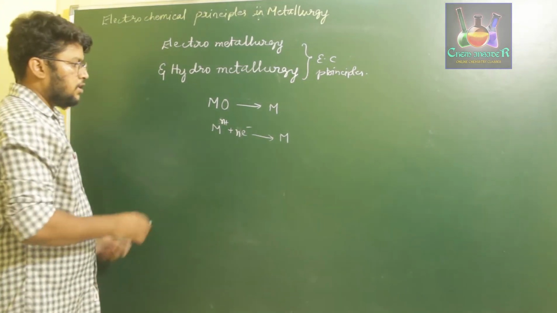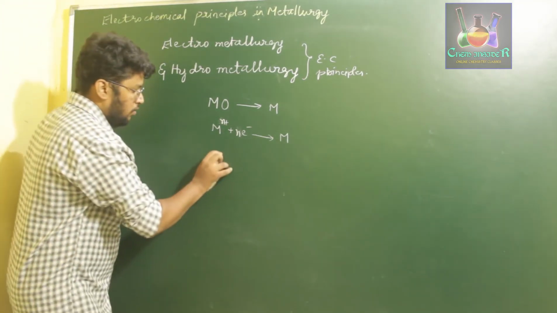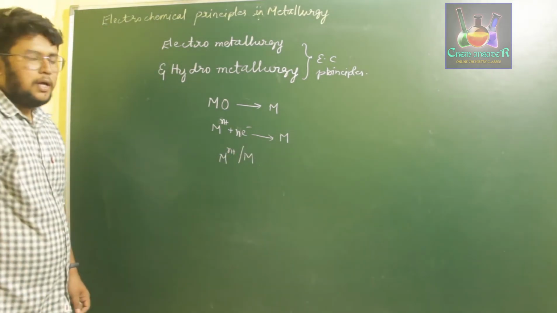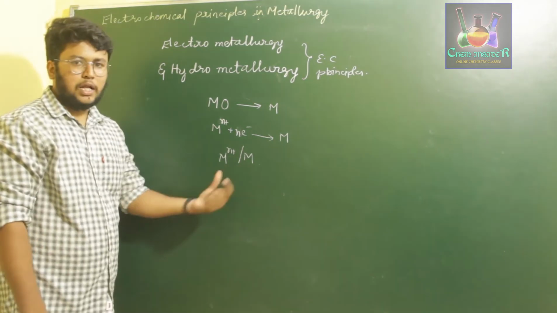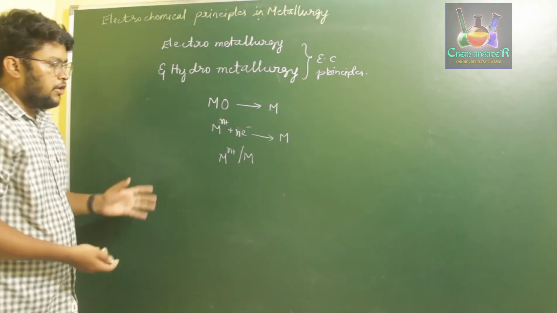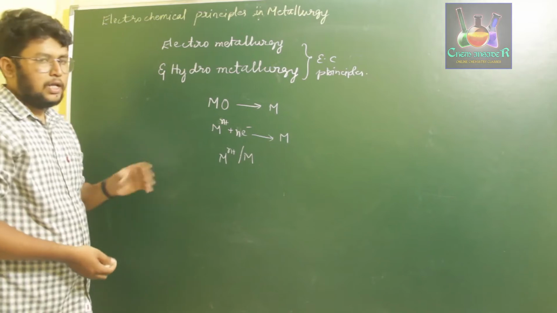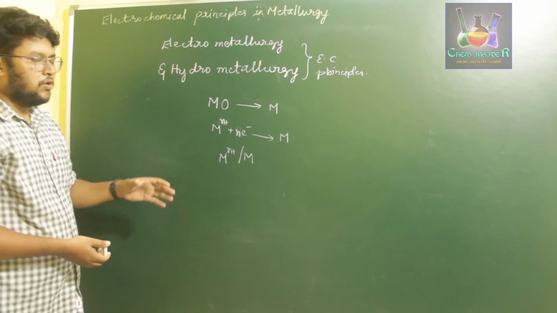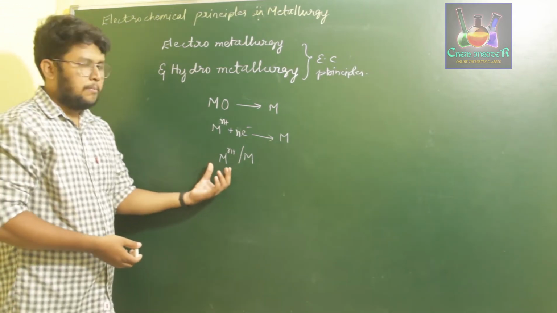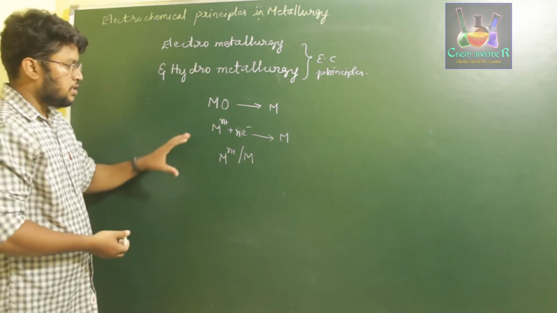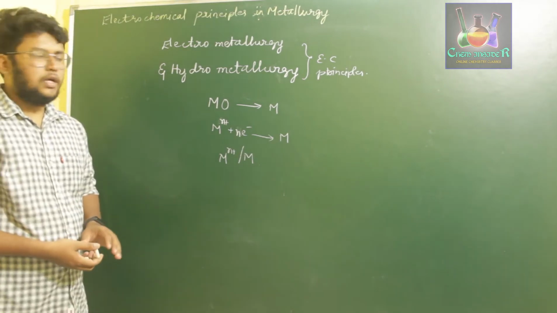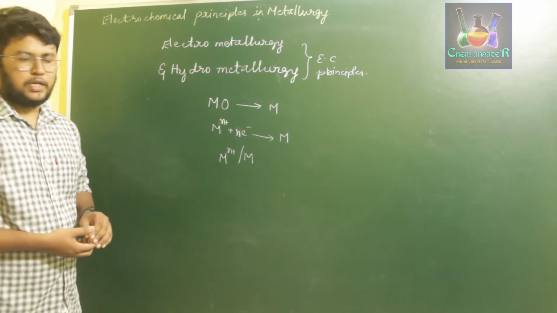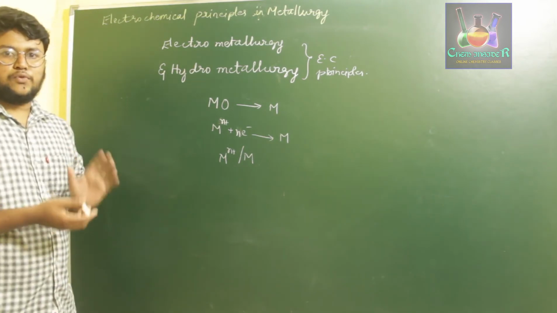In this reaction, we observe an electrochemical system between our metal ion and its respective metal atom. In order to reduce a metal ion to its respective metal atom, we need to electrolyze it. That is nothing but donating electrons to reduce from metal ion to metal atom. This reduction process completely depends upon the standard electrode potential of the given metal ion, that is, its tendency to get reduced.